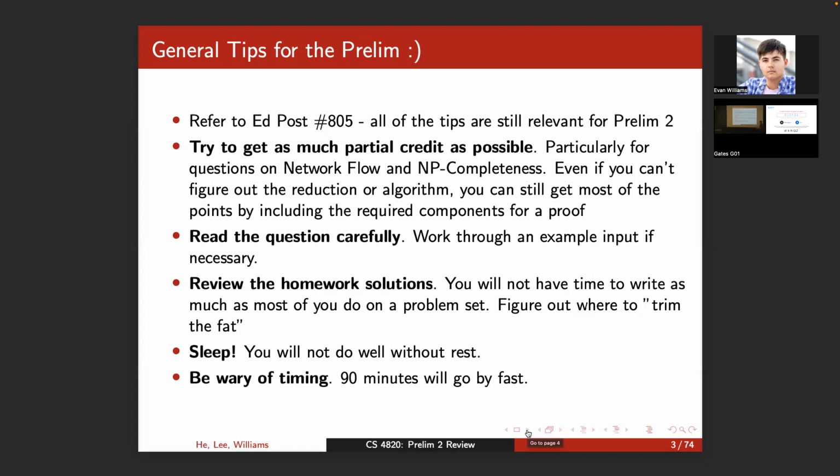On the flip side, if you give us a correct reduction and you miss some of those crucial steps in your proof, then you're not going to get as many points on the problem as you probably should be getting for knowing the correct reduction, right? So just don't forget any of those crucial steps. Read the question carefully, right? The prompts on these questions tend to be a bit longer than the prompts maybe on Prelim 1. And then